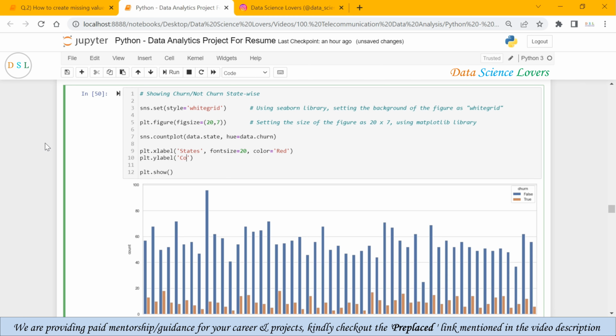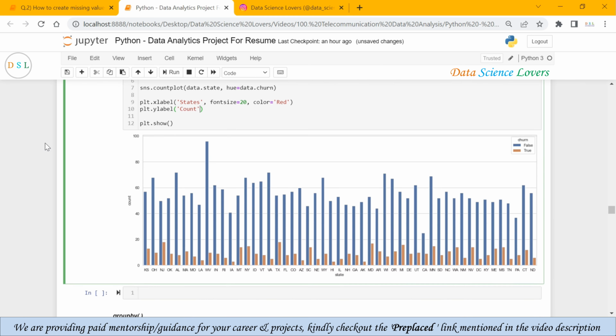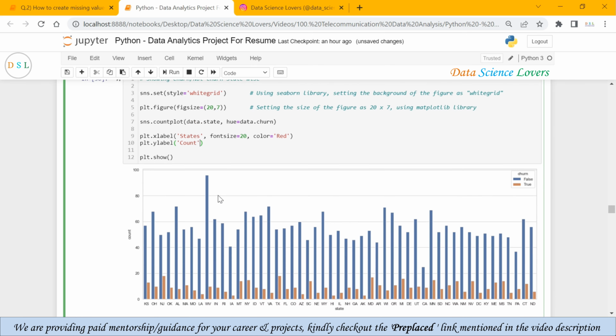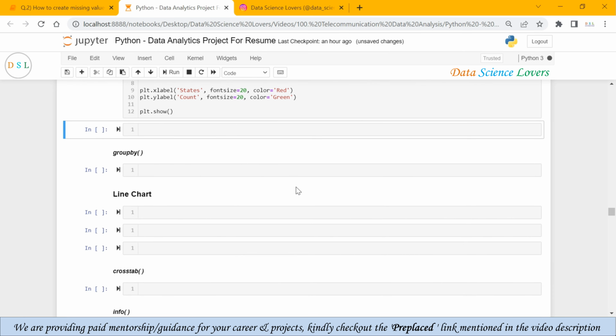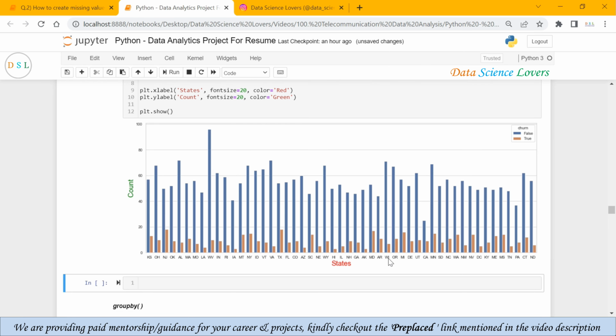As you can see here, the count and states are already present, but we are giving the naming again. Font size equal to 20 and color for the y label we are giving green. When we run this, the changes are done now.